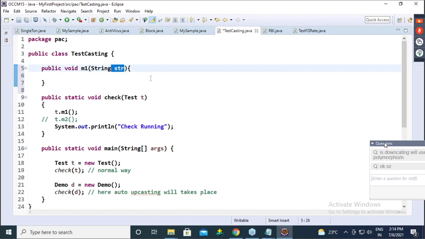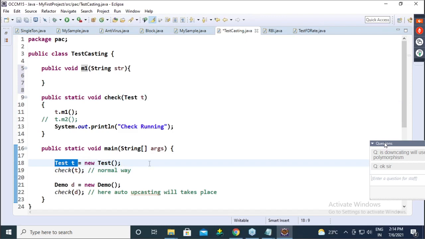So I can pass a string class argument, or I can pass all its children in this M1 method's parentheses at the time of calling. Same thing I am doing here. Check the test class. Here I have a test class argument, so I can pass a test class argument directly, T belongs to test.